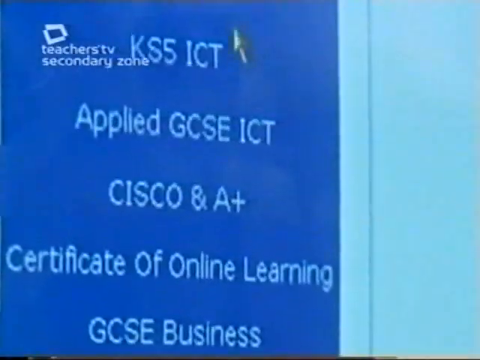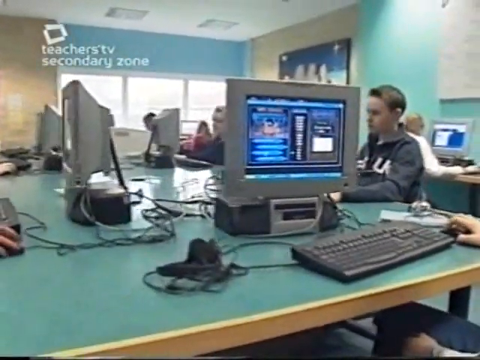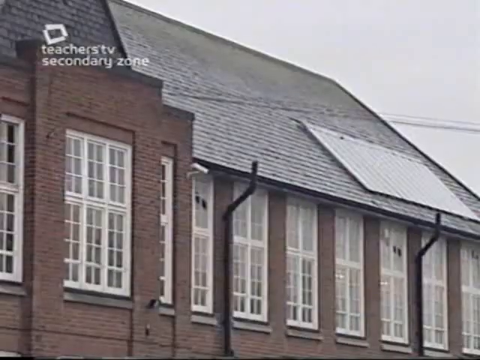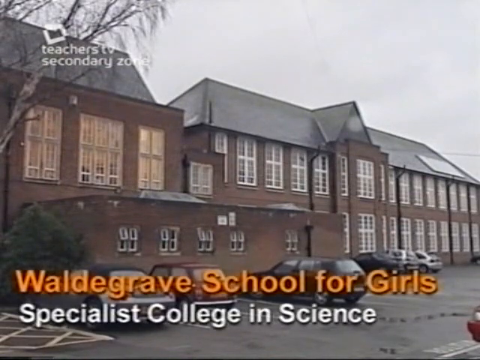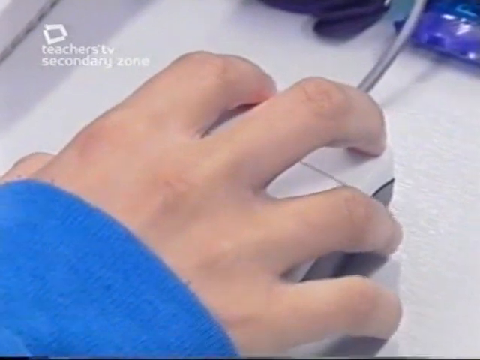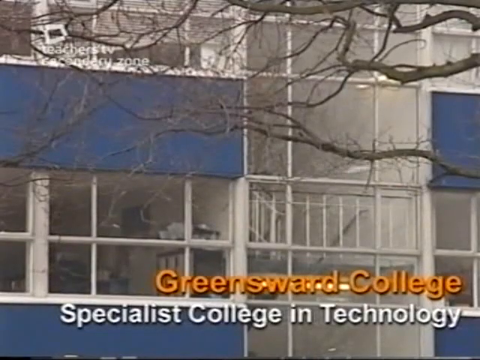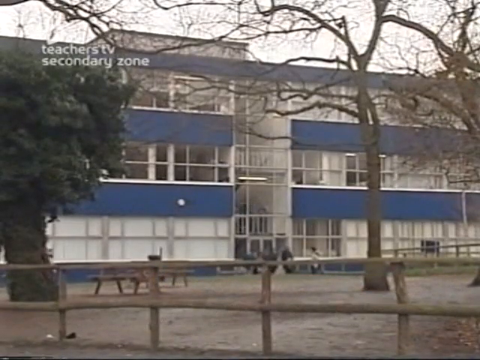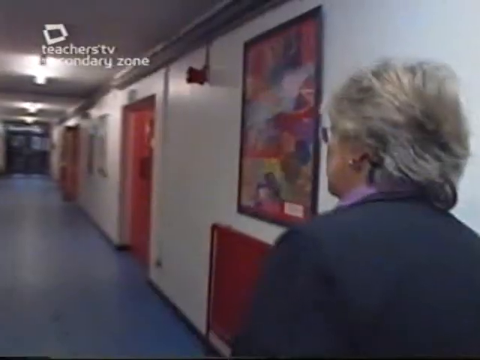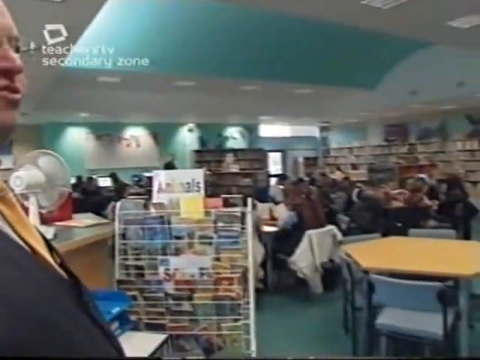In this programme, we explore how two schools are trying to get best value for money from their ICT, hardware and software budgets. At Waldegrave School for Girls in Twickenham, their ICT spending plan is largely based on money from generally available state funding. At Greenswood College in Essex, they have raised substantial extra funding for ICT from external sources and from their specialist college status. Our guides will be Jenny Michelle, Deputy Head at Waldegrave School, and Mike O'Sullivan, Vice Principal at Greenswood College.